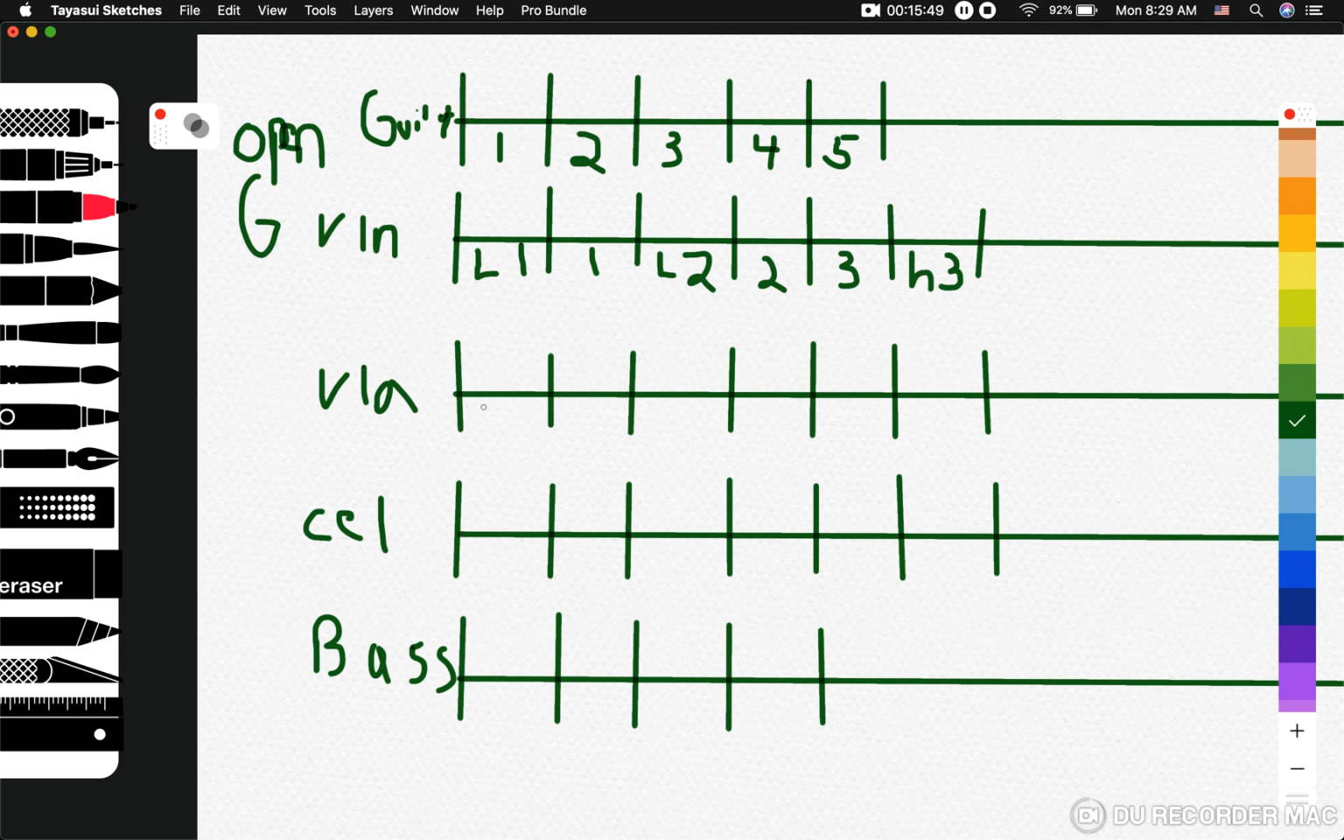Viola, the exact same thing, lower 1, and then 1, lower 2, and then 2, 3, and then high 3. So high 3 goes right here at the end. And there is a 4th finger. Some classes have talked about that. We're not going to do that on here, just so they'll all line up here. Cello, lower 1, 1,